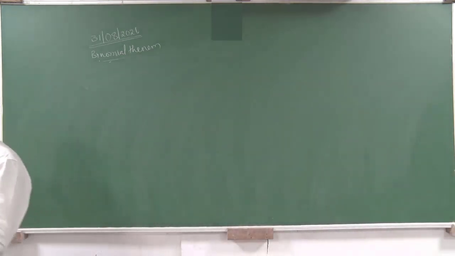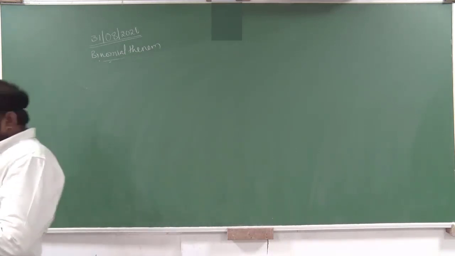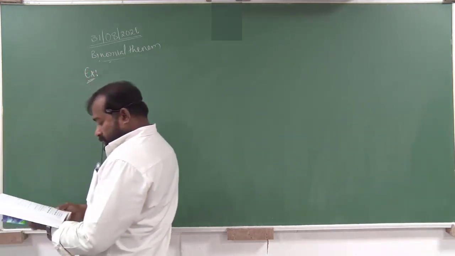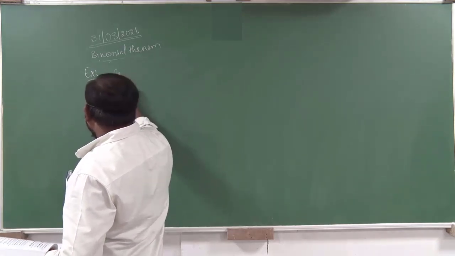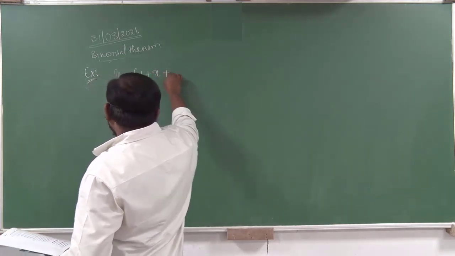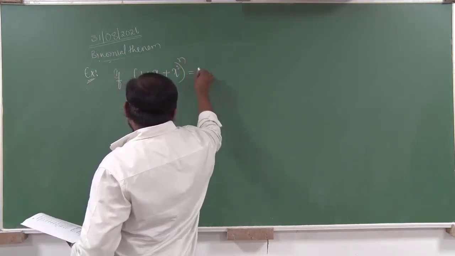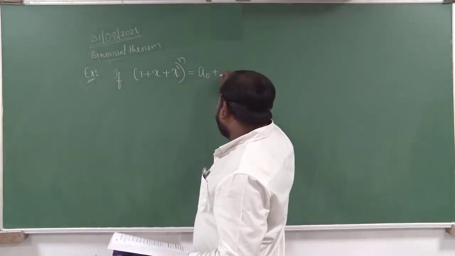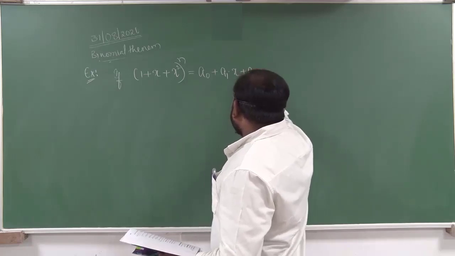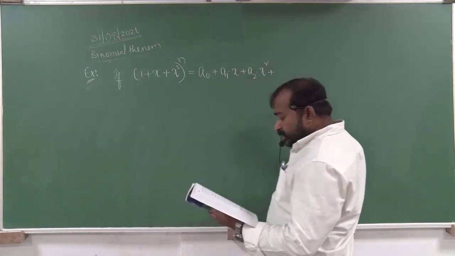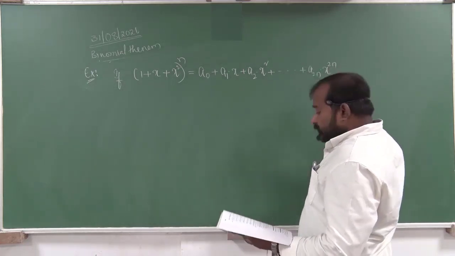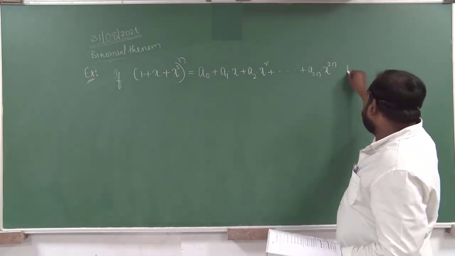Next, one more example they gave. If (1 plus x squared) whole power n is equal to a naught plus a1 into x plus a2 into x squared plus and so on plus a2n x power 2n. This is the value they gave. Then show that